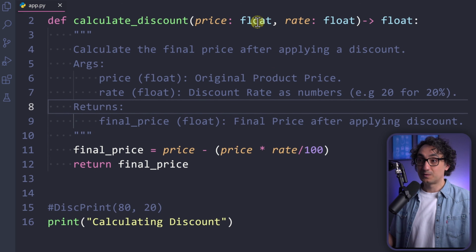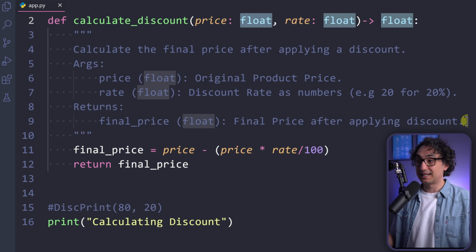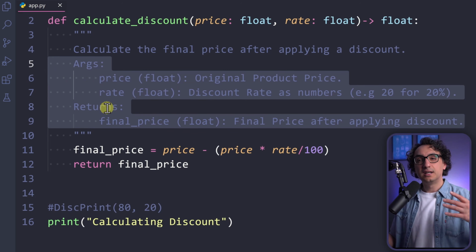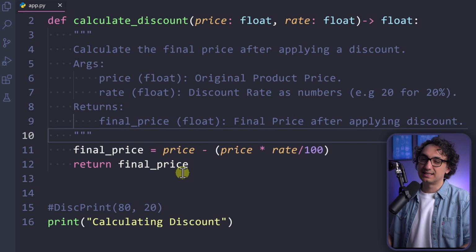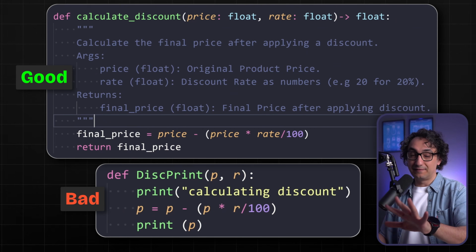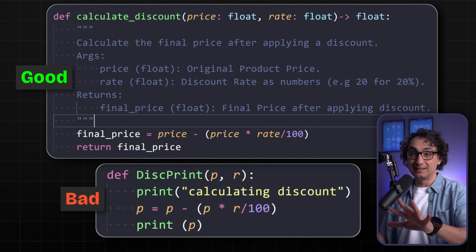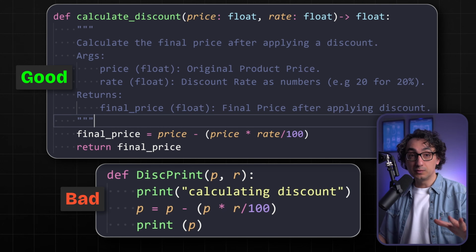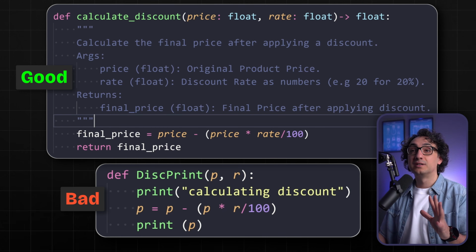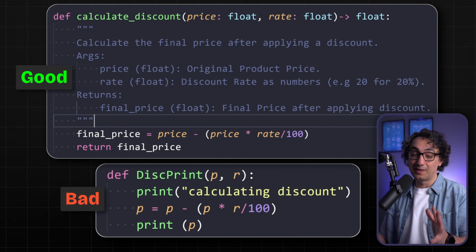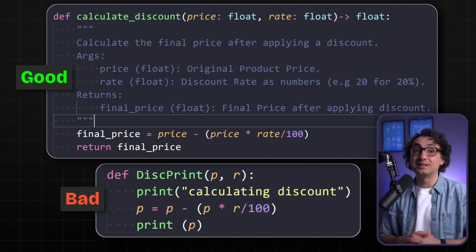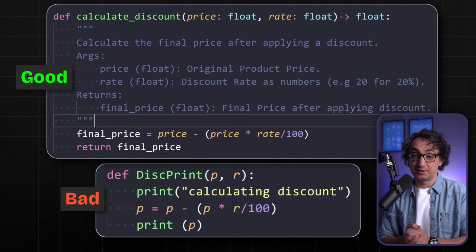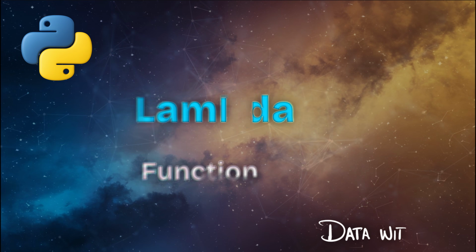So my friends, those two things, the hints for the data types and the extended docstring, it is something nice. If you want to work as an expert, you can go and add those small details. So now just have a look, go and compare the new design of the function with the old one. By adding those few rules, which is really simple, our function looks way more professional than the old one. And in just a few seconds, you're gonna understand exactly what is going on and you're gonna look professional in your projects.